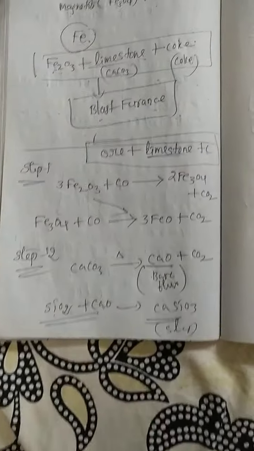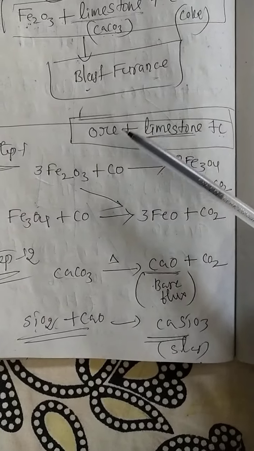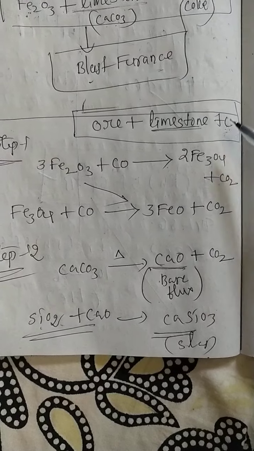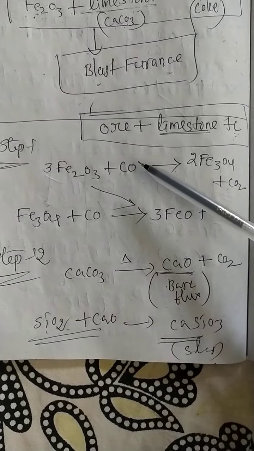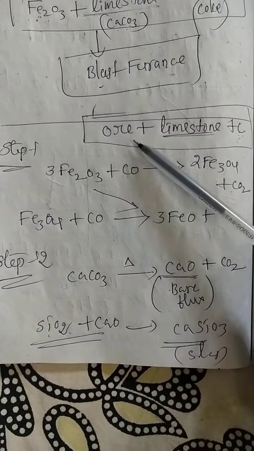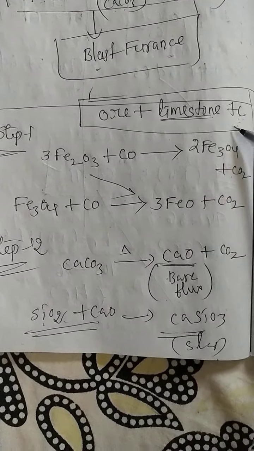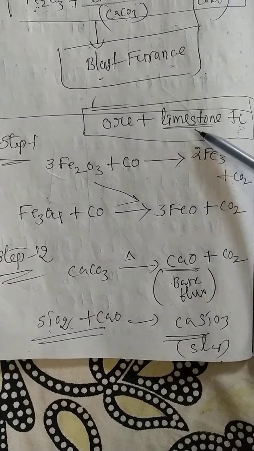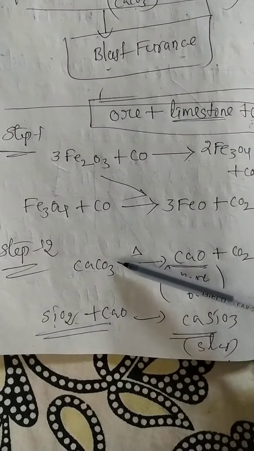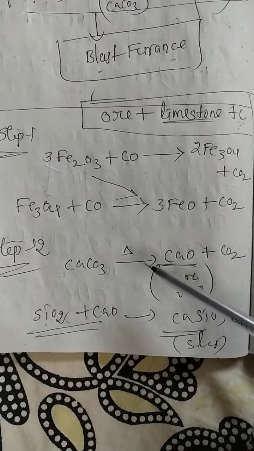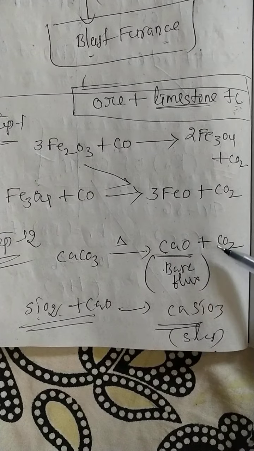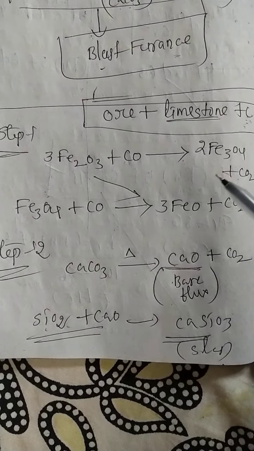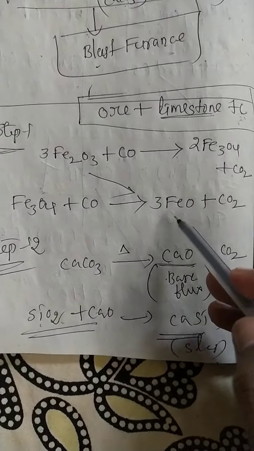So you know, my dear students, what is the importance here? See, ore, limestone, coke. What is the importance of the coke? First of all, coke reacts with oxygen. After that, the excess oxygen from the ore is removed. Okay? This is the work of the carbon. And limestone, what is the work of limestone? First of all, limestone inside the blast furnace under high temperature is converted into basic flux and carbon dioxide. So the basic flux, if any of the acidic impurities are present in the